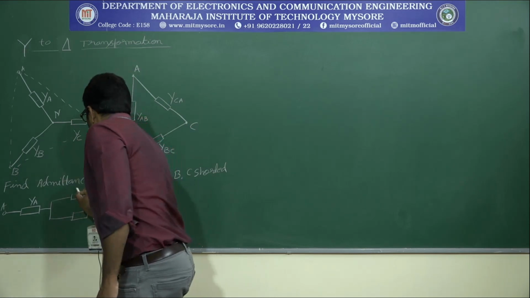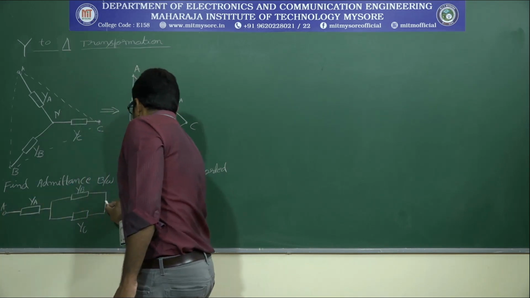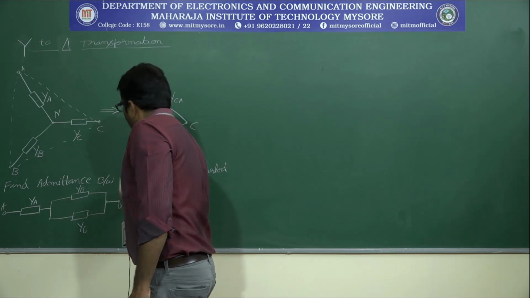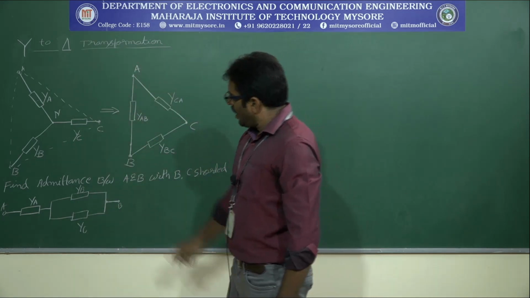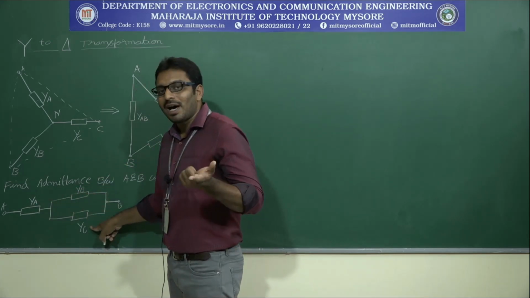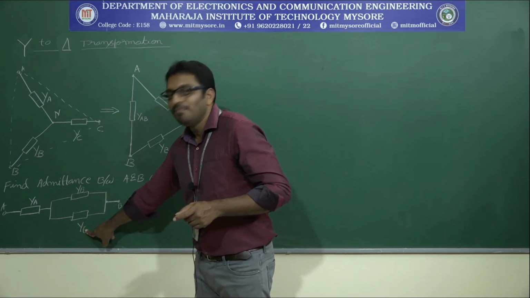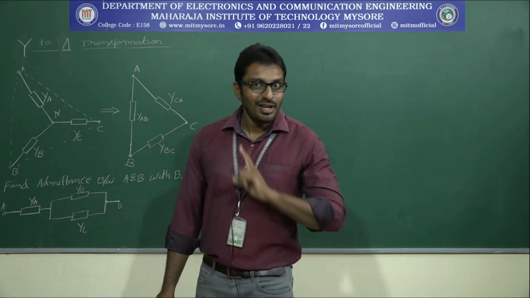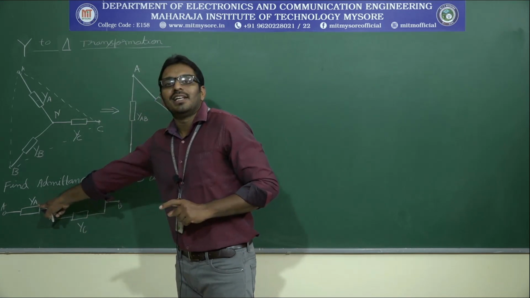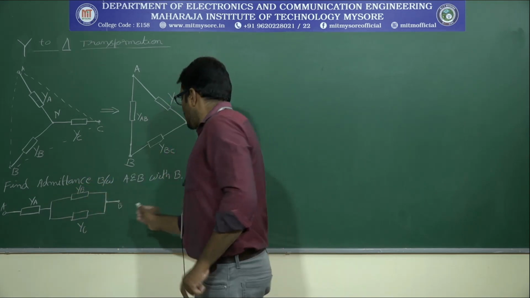See, what is this? YB and YC. What is the terminal? A, this is the short terminal. BC are shorted, let me call it as B or C. Now, what is the admittance value here? YB and YC are connected in parallel. What is the effective admittance? YB plus YC, because these two are admittances, not impedances. YB plus YC are connected in series with YA. Now, what is the effective admittance of this combination?